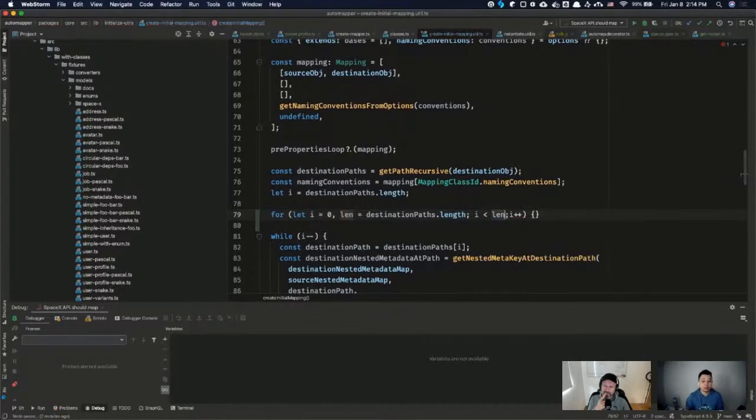So each loop, the destination path dot length will not be recalculated. But still, you still have to have index, you still have to have length, and you still have to have this calculation right here. With the while loop, with this one, when you get to the last index,